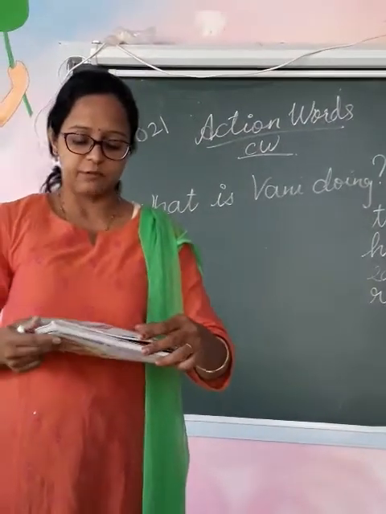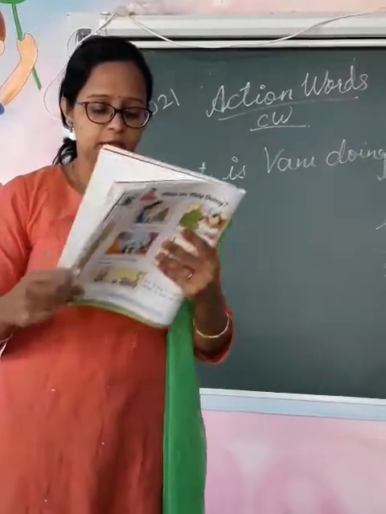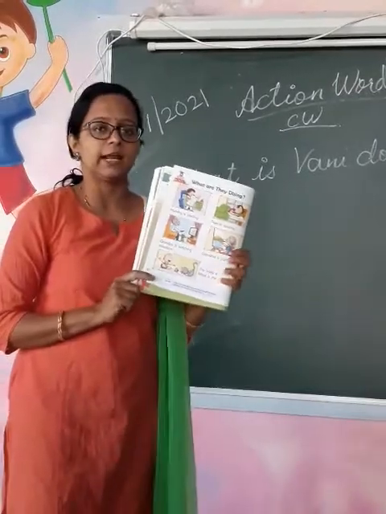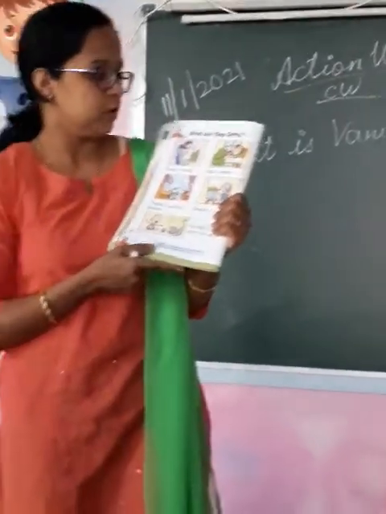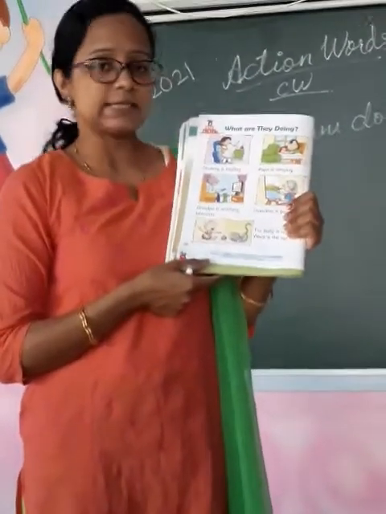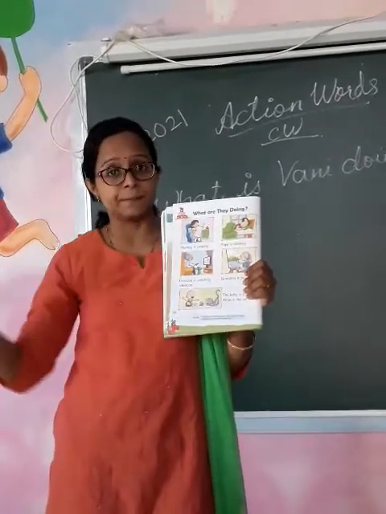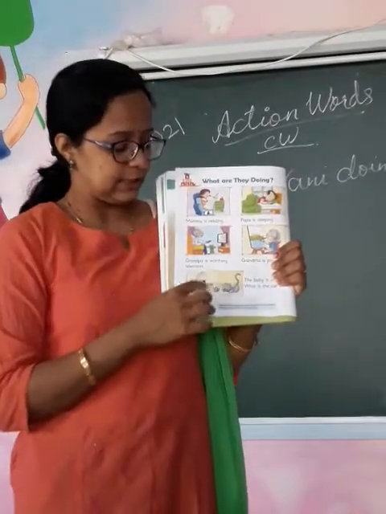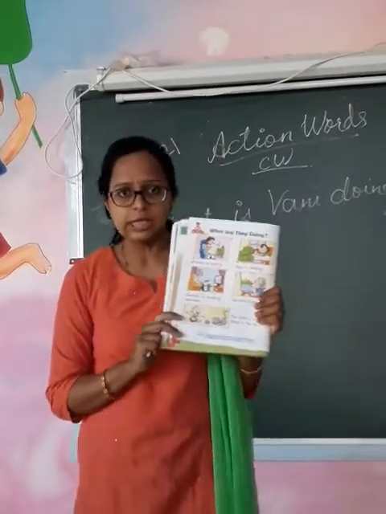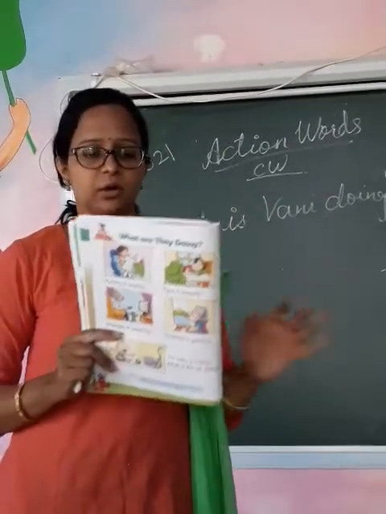For this you actually have to form sentences, but for the time being we will just write in one word. Here they are. Now at present you all are at home and your parents are also with you. When I ask you something, what is your mama doing? So you will say mama is reading or she is reading. When you tell action about somebody else, you have to narrate their name or use she, he, it. She is used for a girl and he is used for a boy. It is used for any non-living thing. Okay.